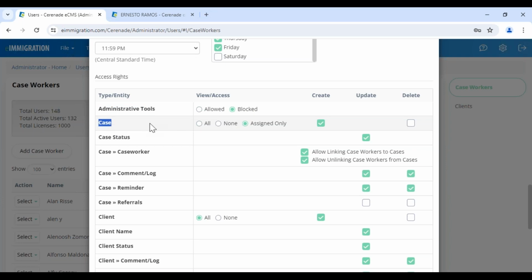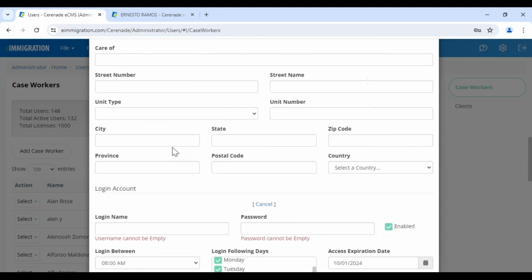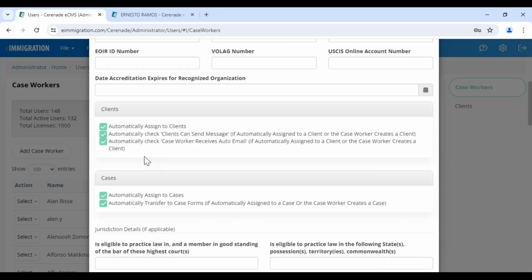Now, this is very important too. Do I want this person to access all cases, or just the ones that I assign them to, or no case access at all? So again, it's really up to you. Please explore this section for the access rights so you understand, well, what happens if I don't check this? Is this case manager or attorney going to be able to update the status of a case from active to closed? So anyways, it's important that you are familiar with this, especially if you're the admin,